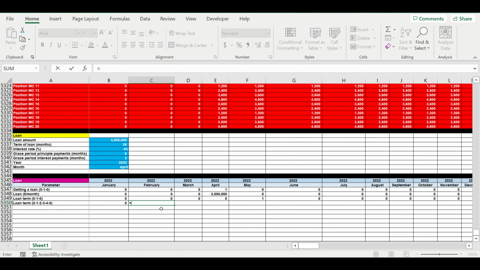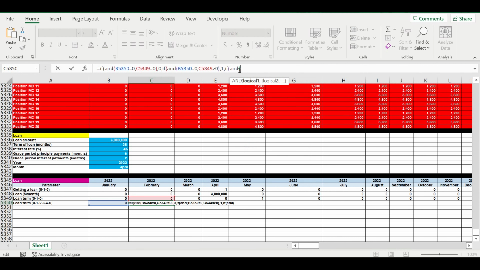Here we will write the formula: if this one equals 0 and this equals 0, I will put 0, then if it is more than 0, we will put 1, then if